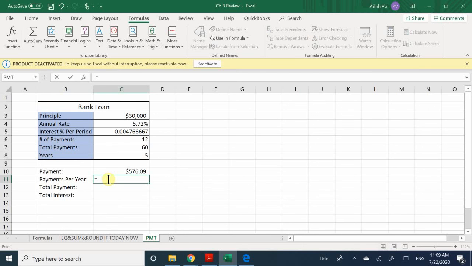Okay? And what I'm going to do is right here, I'm going to calculate how much payment it is per year in case I do an annual payment. Okay? So that means it's $6,000 per year. All right? And then I'm going to do it for the total amount of years. So I'm going to pay times by 5. I have 5 years for this entire loan. I'm going to pay a grand total of